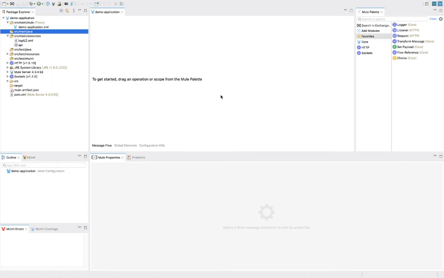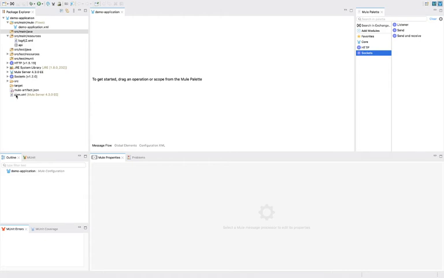In MuleSoft we say connector. By default, whenever you create any Mule application, two connectors will be included in your project: one is HTTP and another is Socket. That's why you can see one library for HTTP and one library for Socket. If you remove one from here, that library will be removed.